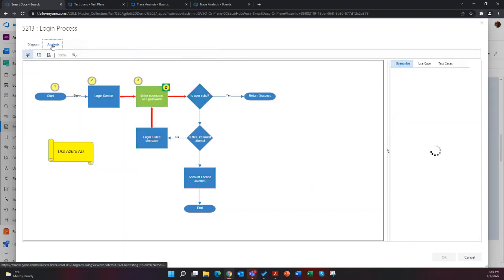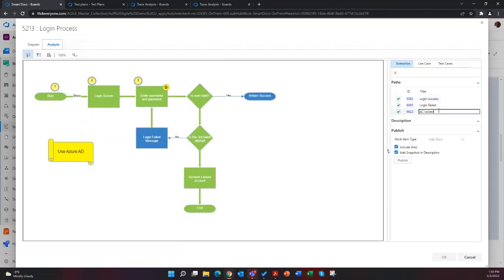You can also go to the analysis tab and the system will detect different scenarios. Of course, if each of the steps worked independently, but it did not work in concert, then it would not be very useful. So it is important to have the flows documented. And this tool allows you to detect the scenarios.